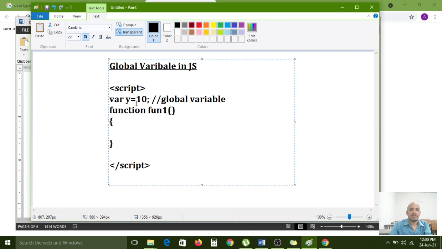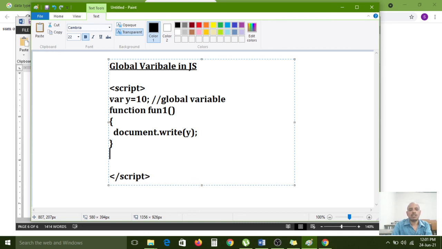Now I want to access the y variable from function 1, because a global variable's lifetime is available for each and every function to execute, and the y variable can be accessed by any function. Because of that, the y variable's scope is available outside of the functions. Now I want to print the y variable: document.write of y, and then its value will print.